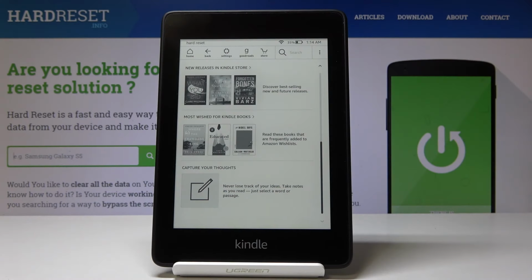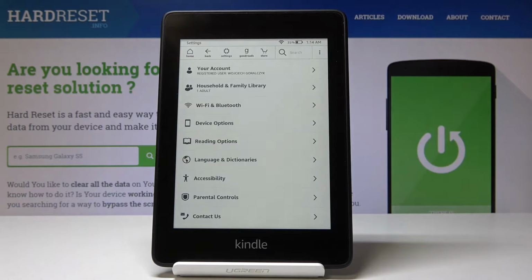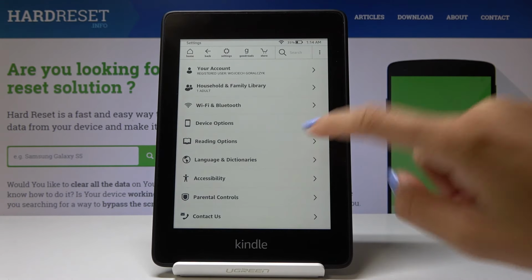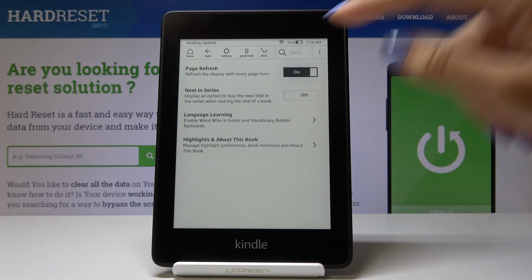Here I've got Amazon Kindle 10 and let me show you all reading options on the following device. So at first you have to open the settings, go to all settings and then pick reading options. And now you can select page refresh option, so simply if you click on it, since now it will refresh the display with every page turn, then you can activate next in series option, so if you click over here,